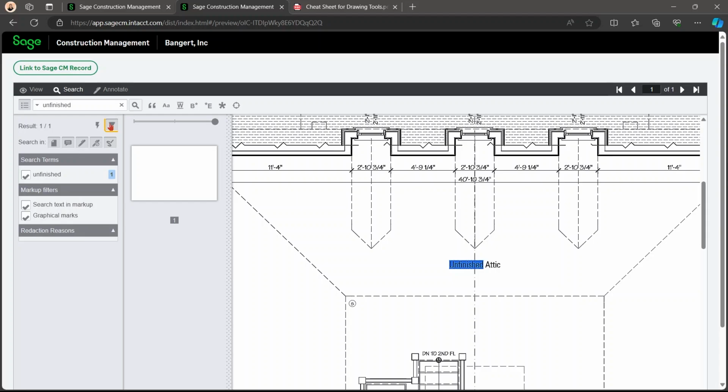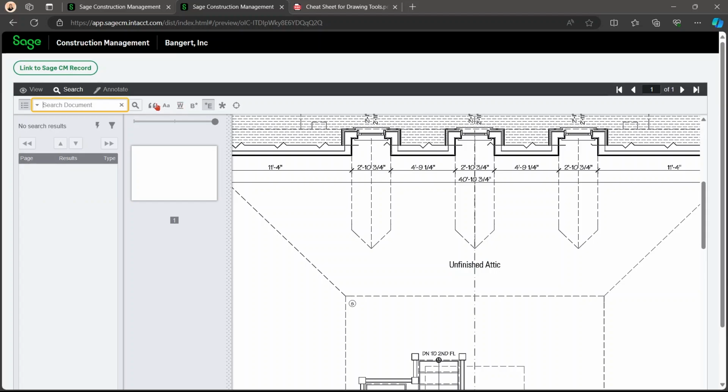You can also search in just the terms or search in the text markups. If there are lots of markups and you only want to search for a specific word that's in a markup, you're able to unclick this and you'll be able to just search the text in the markups. So you can definitely play around with it and it's really helpful. You can also click here and you can search in the document, in the comments, just different annotations, in redactions, or in the signatures.